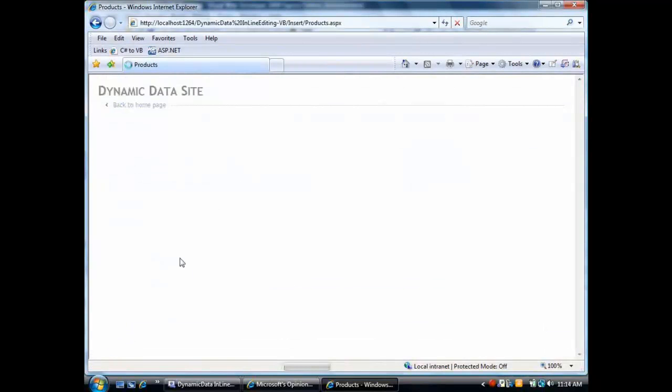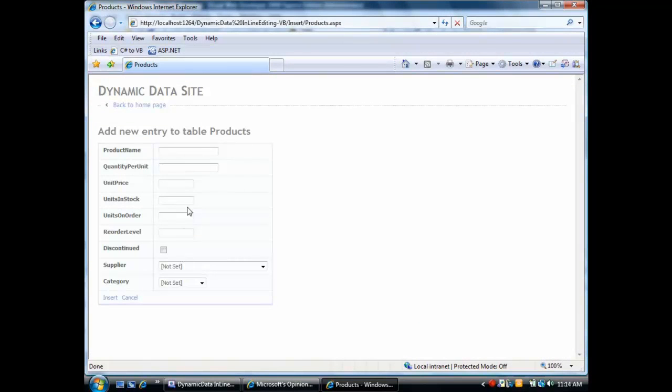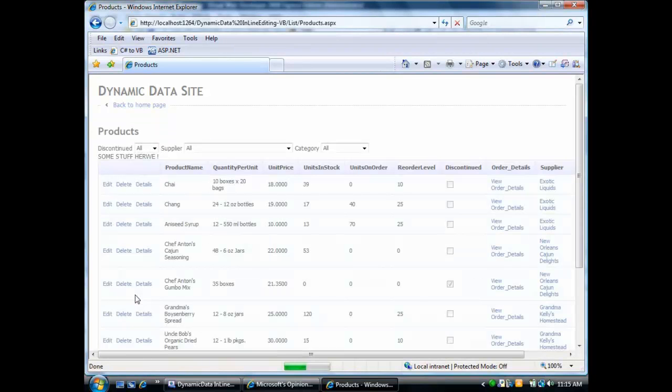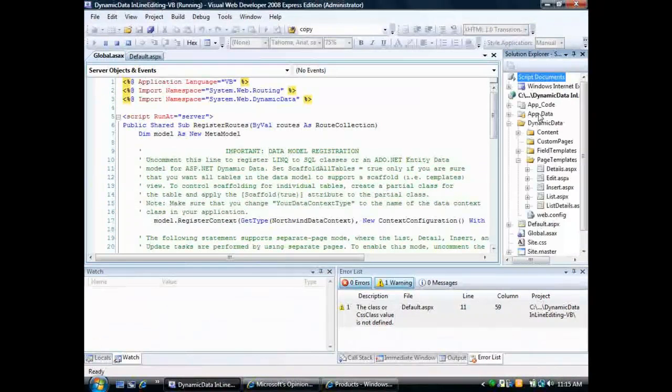If we click on insert, by the way, we again go to another form, where we can enter a new item, and then when we're done and we submit, we go back to the list view. Now, if we look at our dynamic data project and we go down into our page templates,